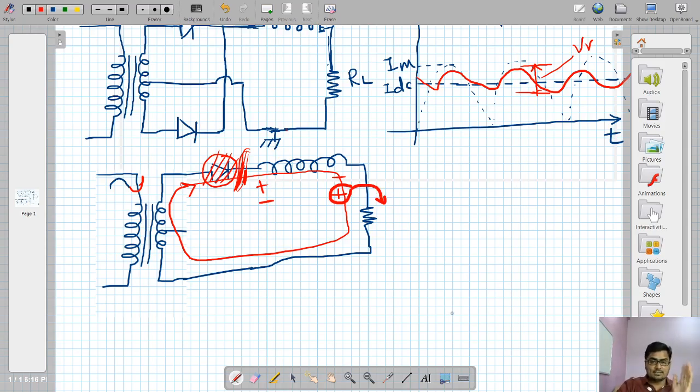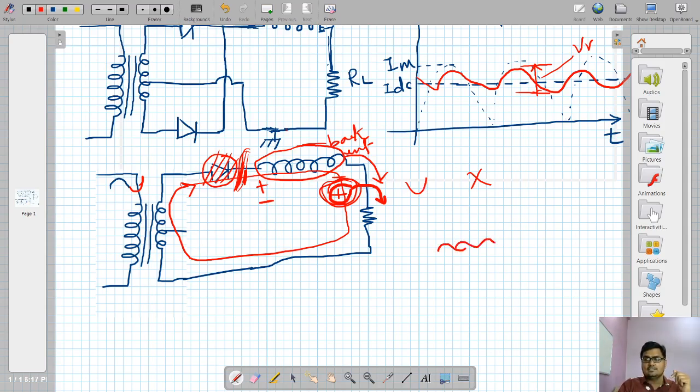See what is happening? During the negative half cycle, output voltage should not be there. Is it? During the negative half cycle, there should not be output voltage. But still, I am getting some output voltage. Why? Because it is the voltage developed by the inductor, which we can call a back EMF. And that back EMF will get added here across the resistor. So in the negative half cycle, I will get an output voltage something like this. It's a random output voltage that I will get across the resistor, which is not desired.